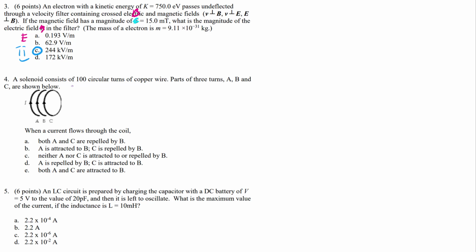Over here we have a conceptual problem. We have a solenoid that consists of 100 circular loops of a copper wire, and we have to find in which way the current is going to flow through the wire, right? When a current flows through the wire, notice that our directions are all going upwards. If we have wires with currents going in the same direction, we're going to say it's same direction,